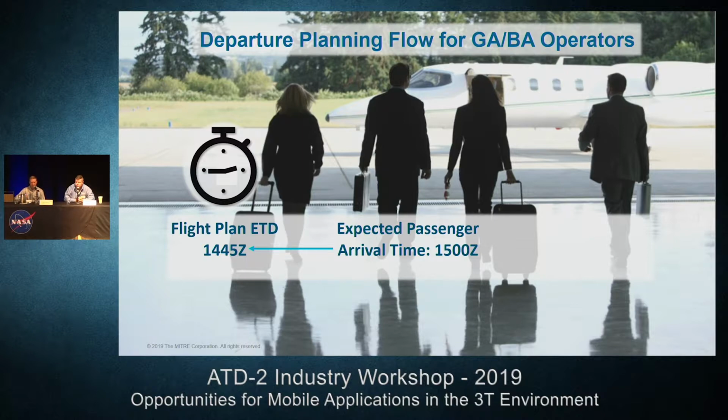When a flight plan is filed, it's typically good for 30 minutes prior to that proposed departure time, up to 2 hours after. In some places it's 3 hours after. I think in the Dallas area they've expanded it to 3 hours. What we found in talking with this group of operators is that they're really using that proposed departure time, or the P time in the flight plan, just to give them a valid flight plan window, and it's not really a good indicator of when they really expect to depart. That's one reason why we don't want to use that time as a surrogate for an EOBT, because right away we know that the times pilots are providing are often